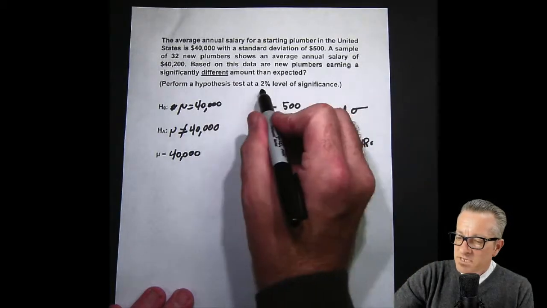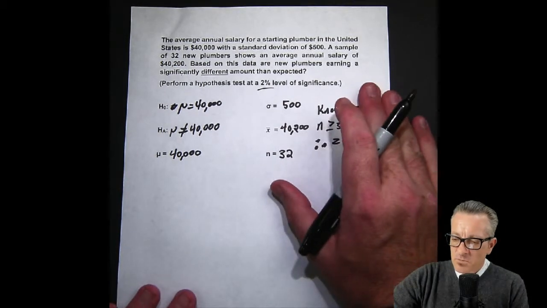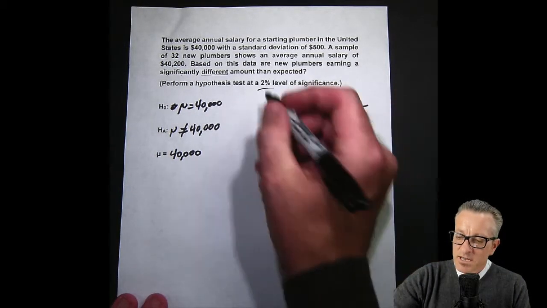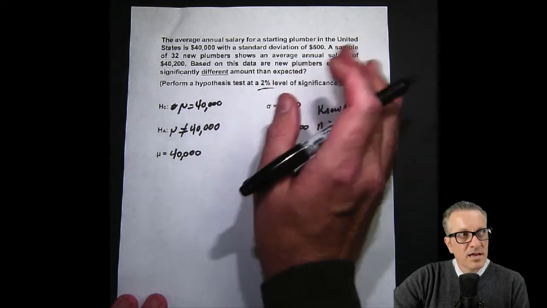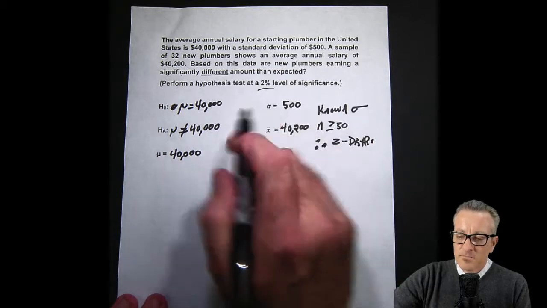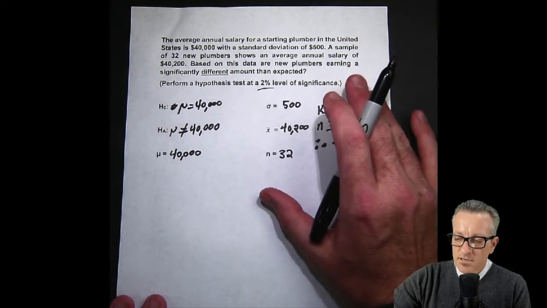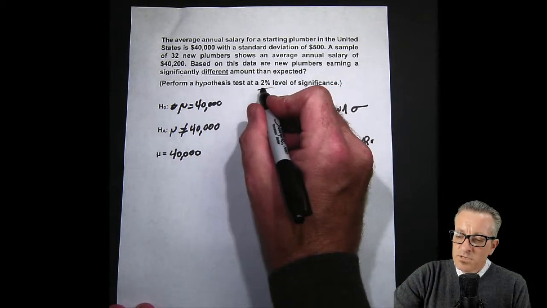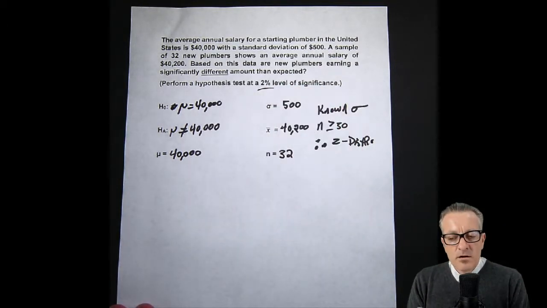So our level of significance we're looking for is 2%. This is the big part of the reason why we're doing this two-tail example here. Now, we could look this up on the table and find the one that's for 2%. But if we're doing two-tail, we're open to the idea that it could be higher, it could be low. Of course, it looks like it's high because our sample mean is a little bit more. But let's do a two-tail. So when we do the two-tail, and it says a 2% level of significance, or alpha, our whole test cannot have an alpha value of more than 2%.